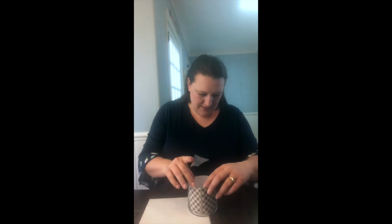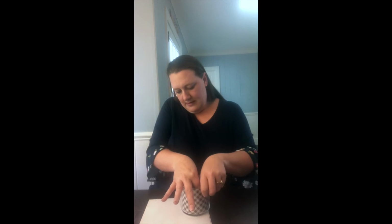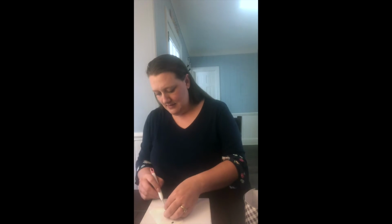So I'm cutting the strip, as you can see, just to fit inside, and it's just gonna use this piece of tape to keep it where it needs to be. So there I have it. The inside of the jar is now decorated, and then I'm just gonna apply this